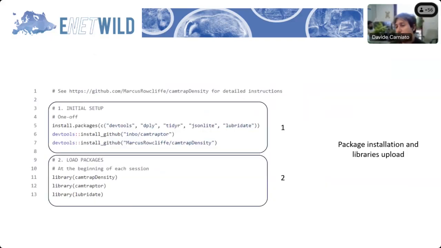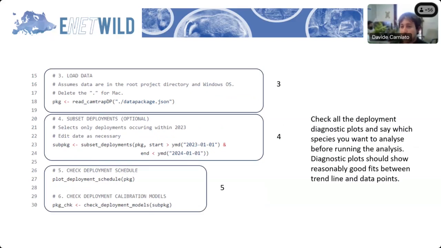And only to see what is present inside the script and how to use it, I will show you briefly the workflow of this script. The first part is to install packages and libraries. You need to do this part only the first time that you use the script. Then you have to load libraries. You have to do this every time you open R. Then you have to load data. As I told you, you only have to load the data package file. This is present on the screen, and then you can check the data,